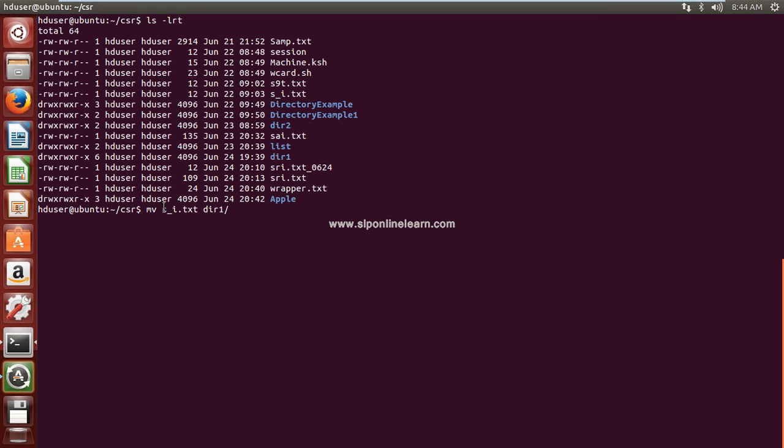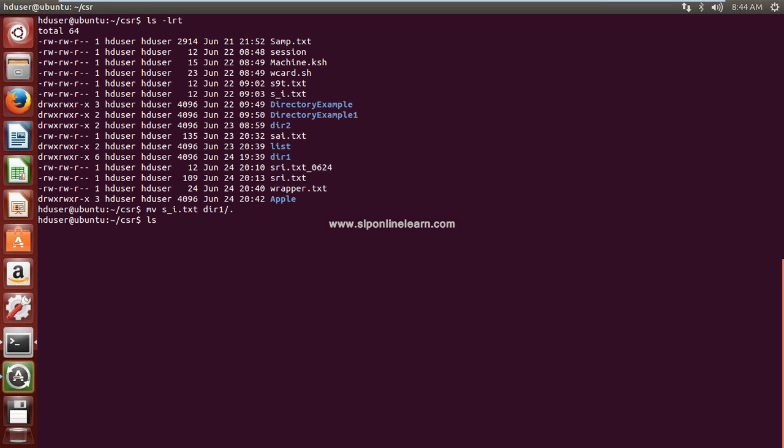If you want to move this file with the same name, then here no need to specify the new name of this file, you can directly say dot. Dot is nothing but your dir1 in the target location, not the present one. Okay, fine. Let us execute this command and see whether the file will be moved to this directory or not. Okay, yes, we got the command prompt. It means the command is executed, the file is moved to this location.